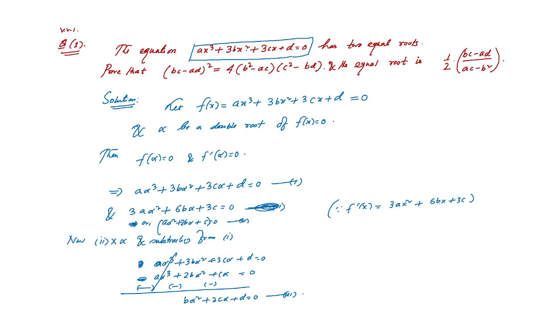Now we get another equation, equation number 3, b alpha square plus 2c alpha plus d equals to 0. Now from 1 and 2 and 3, we will use the cross multiplication. So from 2 and 3, we have,